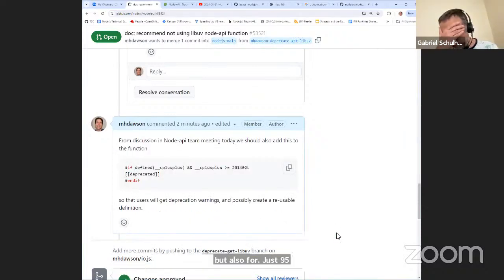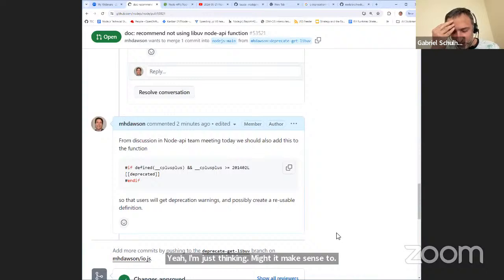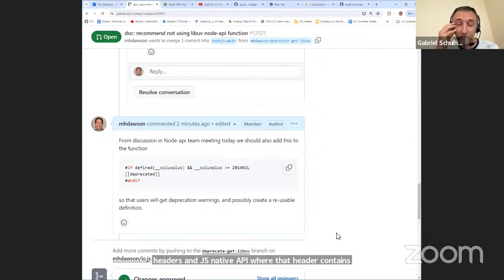I'm just thinking, might it make sense to distill a header that can be used in both Node's core headers and JS native API, where that header contains only macros which work with both a C compiler and a C++ compiler?